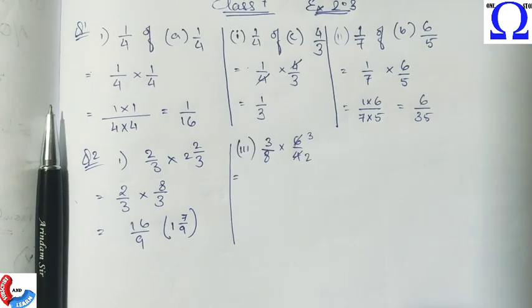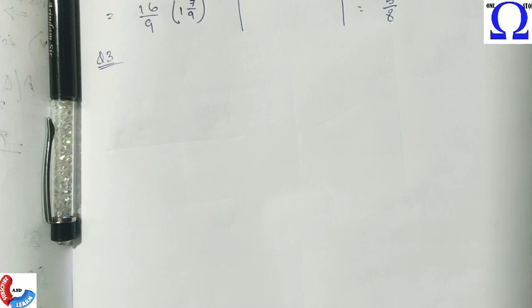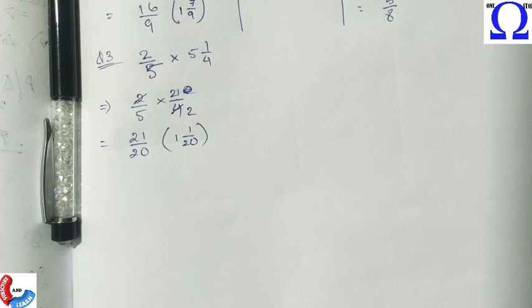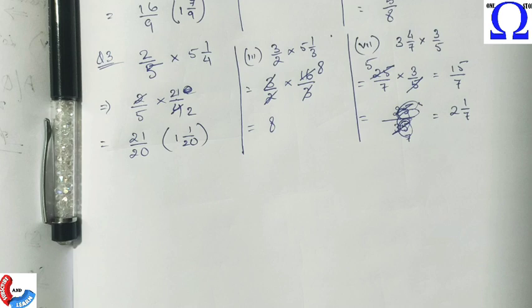Let me do some more examples, although I think you have got the process of how to multiply a fraction with another fraction. Okay, so this is the process. If you have understood that, then move to the next question. Converting the mixed fraction into an improper fraction, we will get our answer and we will convert this into a mixed fraction. Okay, try all those which I have left in this video. So these are the required answers